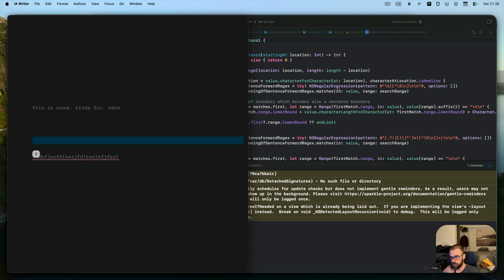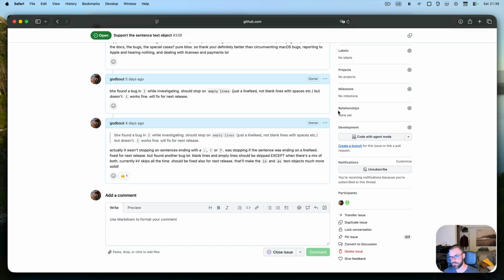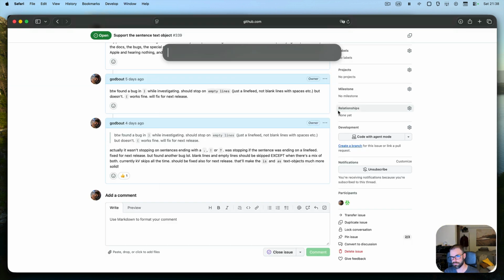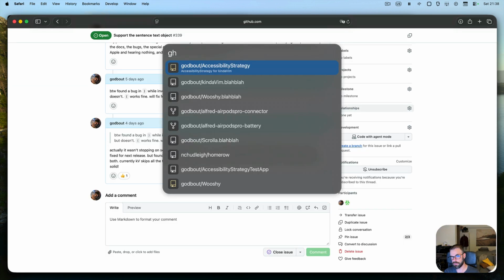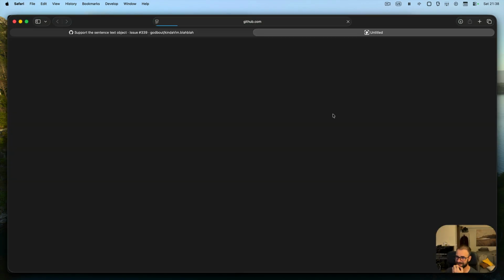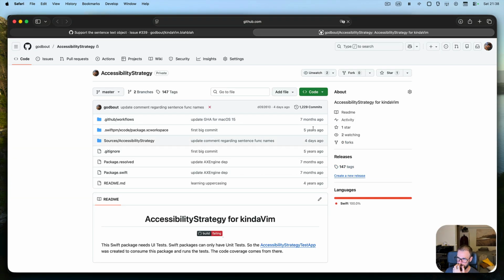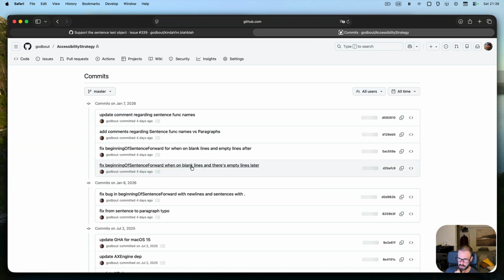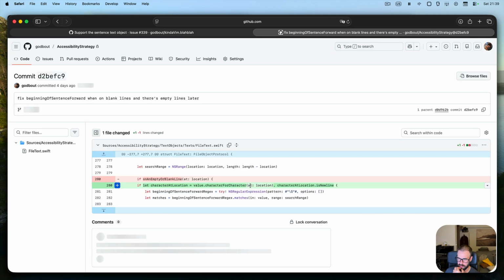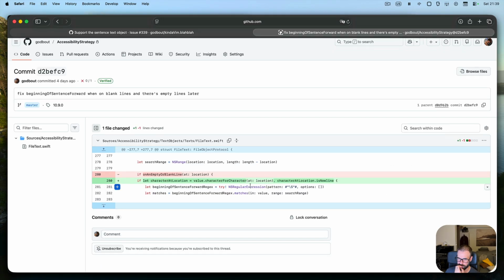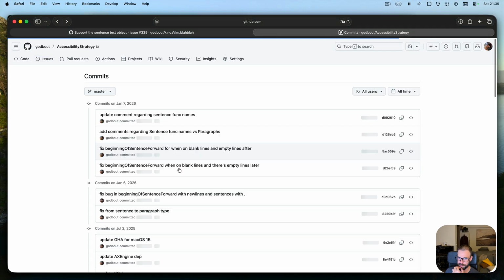And that was a little bit more work here because this one, and this is a bit more work. And then I did find another issue today,